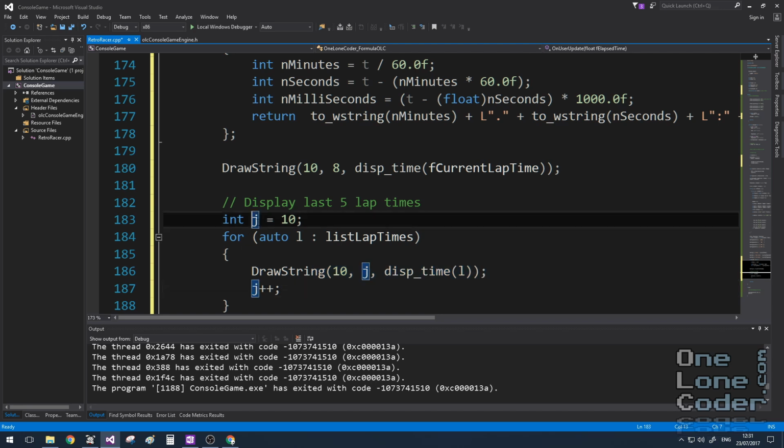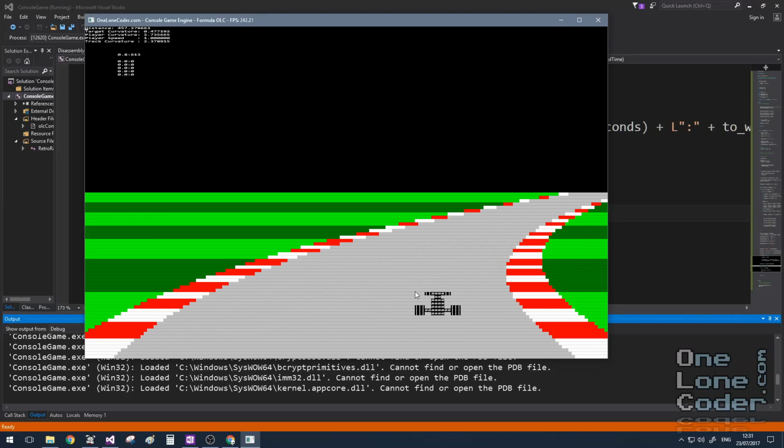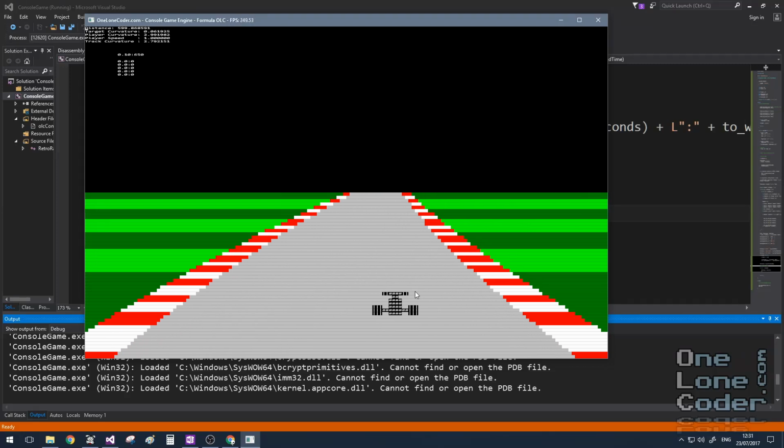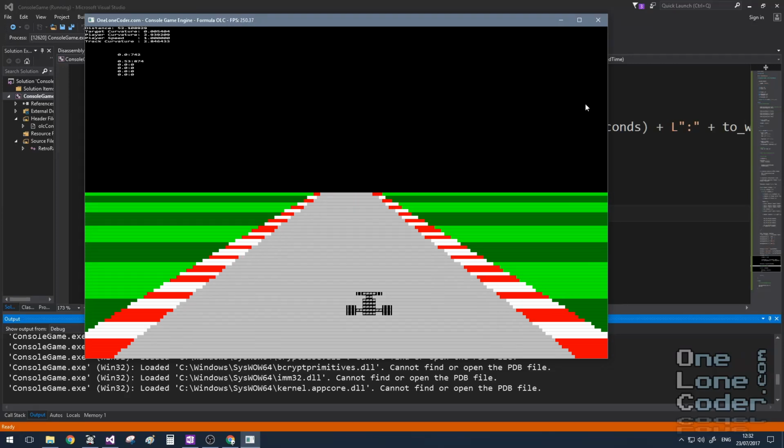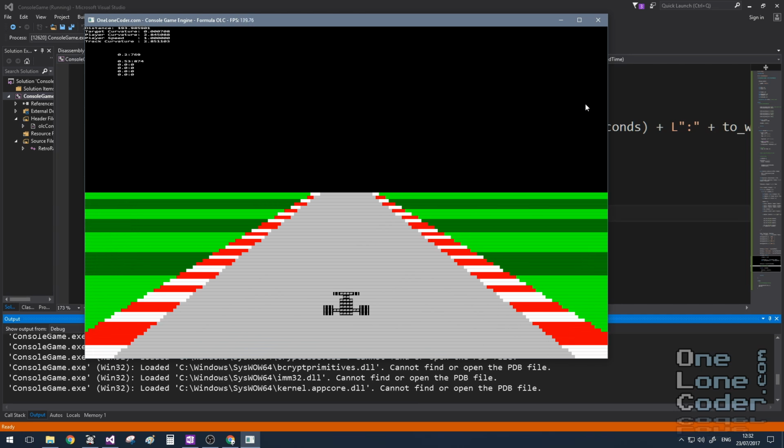I've got a little temporary variable j here because I want to draw them line by line. I need to increment that. So let's have a look. We can see in the top left that there is a timer accumulating the current lap time. And just as I'm about to cross the finish line, we see it popped it into the list,